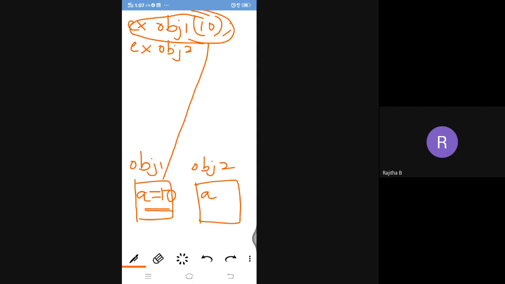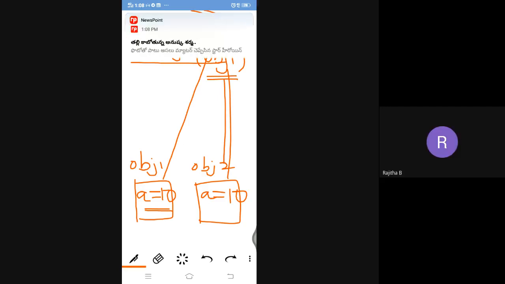Here, obj2 within the brackets. Previously we were passing the 10 value; now I am passing the object obj1. What does obj1 consist of? 10. So this 10 value will be stored into obj2's data member A. Is this clear?